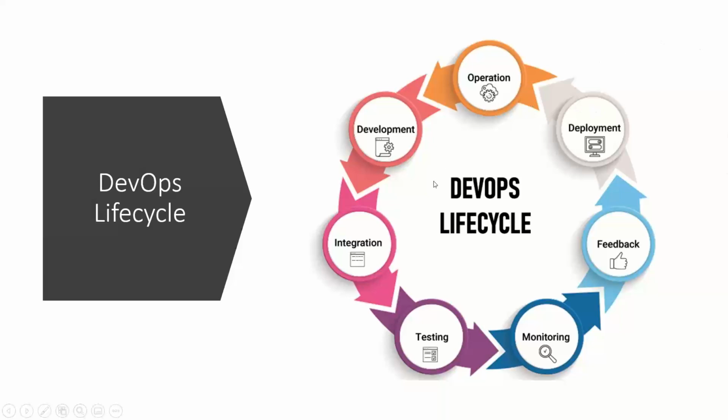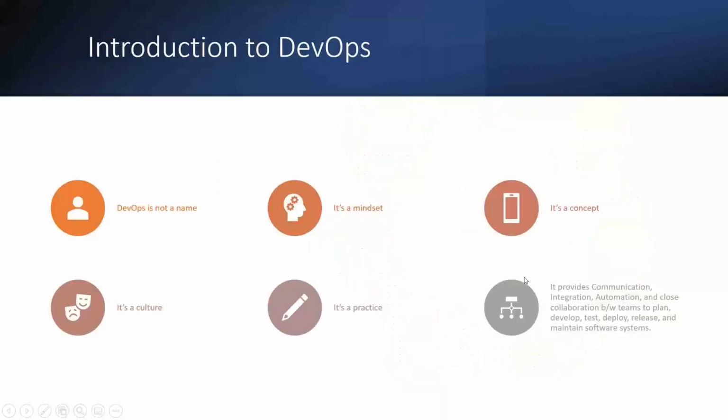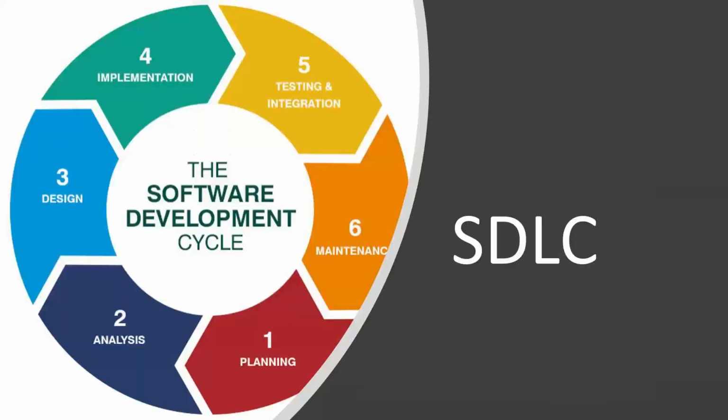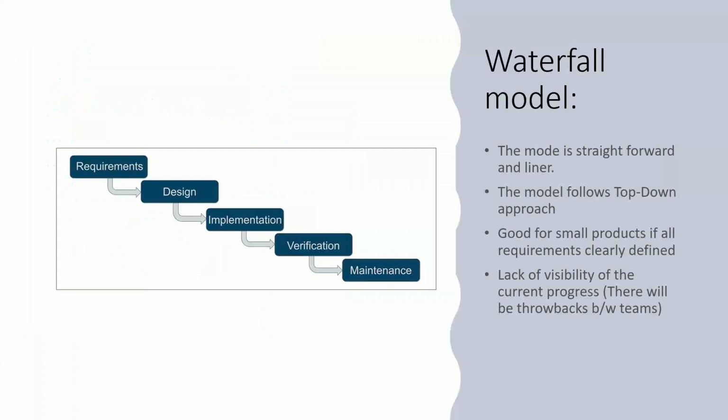What you're seeing here is continuous feedback, continuous integration, continuous testing, continuous monitoring, all with arrows. Once testing is done, it goes to monitoring. Once monitoring is done, it goes to feedback. The continuous feedback traverses across all the teams. It is continuous. There is no end between the teams. Whereas in the software development cycle, it's just phases. We don't know what's happening between the teams. In the waterfall model, you are not seeing anything flowing between the teams.